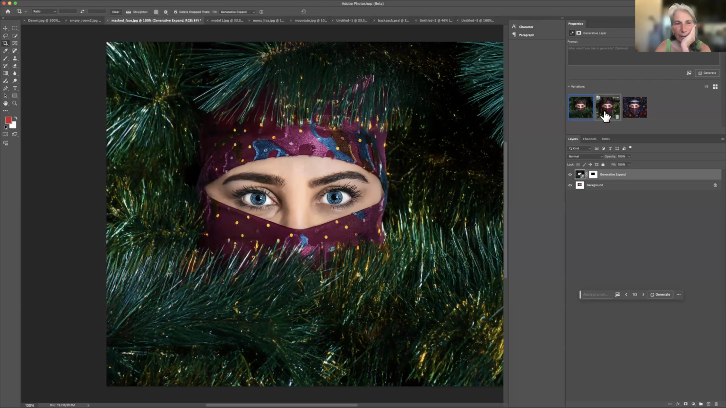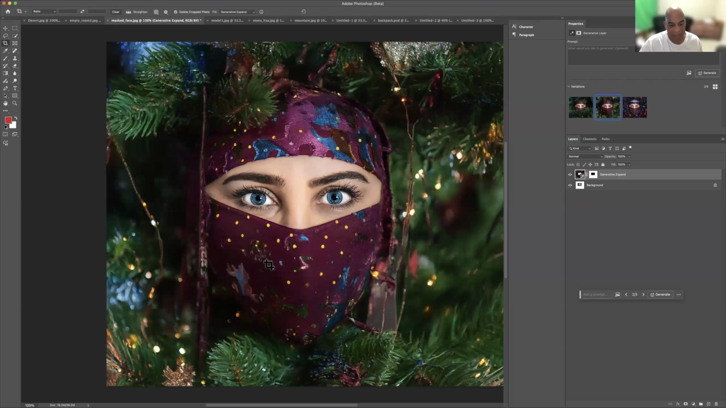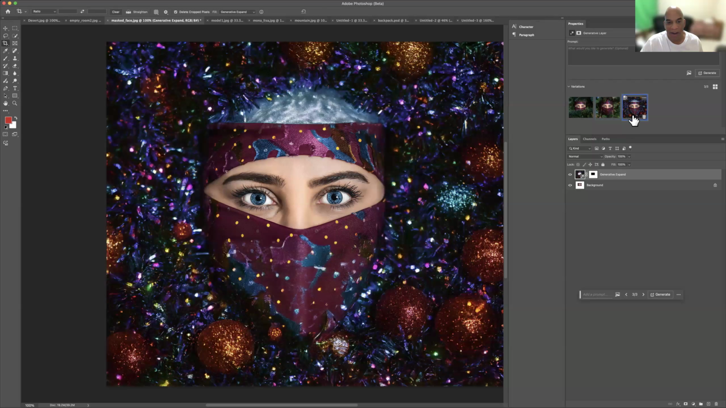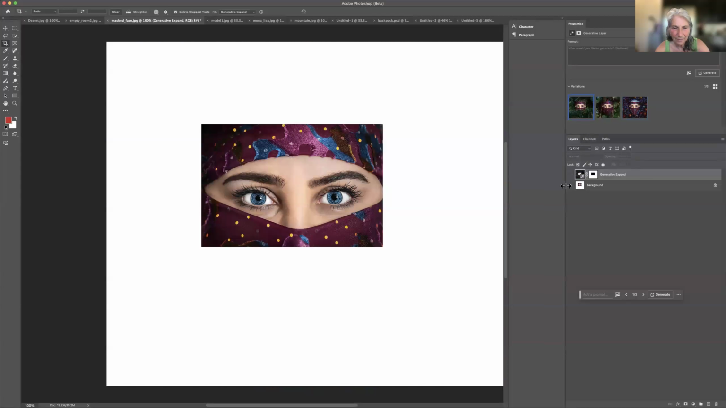Oh my. Okay, it gave her a fake Christmas tree all around. But look at that, it has a nose. She has more of a nose and a mouth. Isn't that cool? Where did the tree come from? I don't know about that one. But the bottom line, it added quite a bit, right? I mean, if you look at this, if you turn this off,